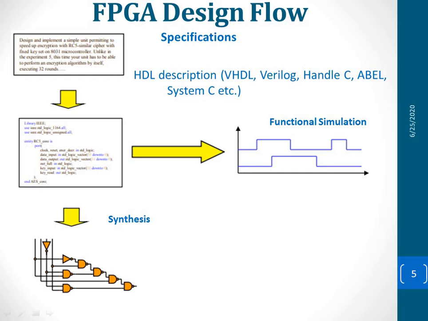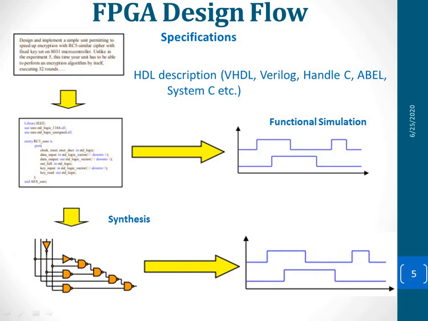So the example code written here shows that it needs this many NAND gates and this many inverters. In short, it also generates an RTL schematic, register transfer level. This can also be verified using post synthesis simulation. After getting the netlist, we can simulate it again, which is called post synthesis simulation. It is similar to the functional simulation, but after getting the netlist we do it again to verify whether it is the same or not.